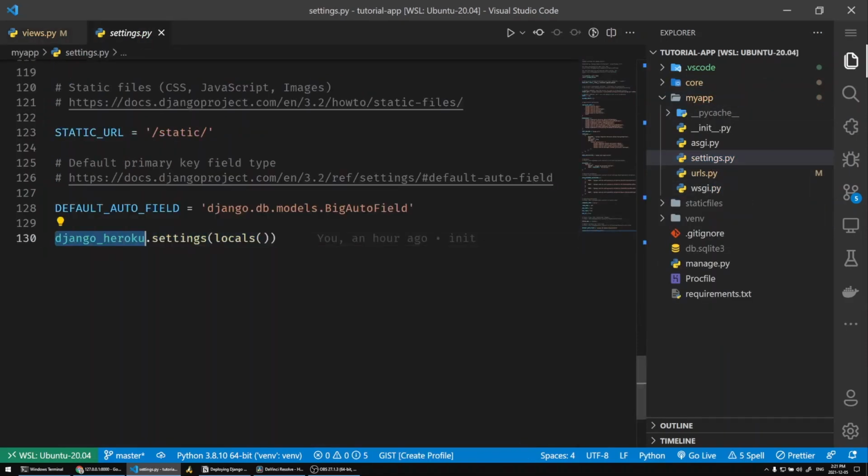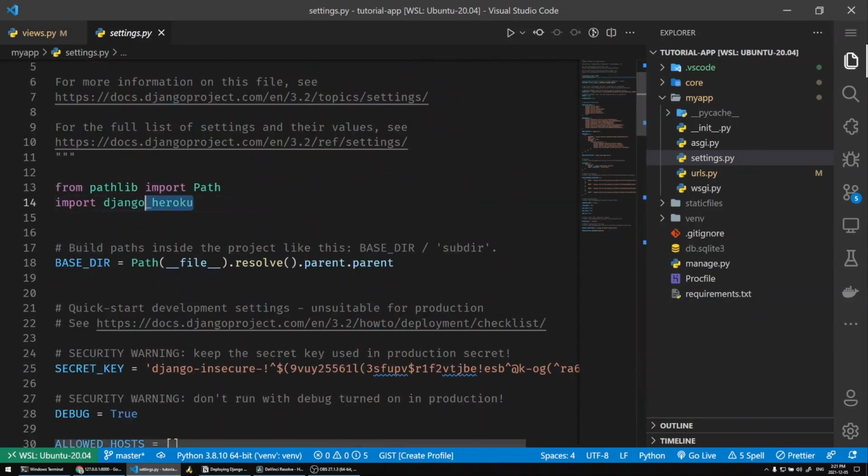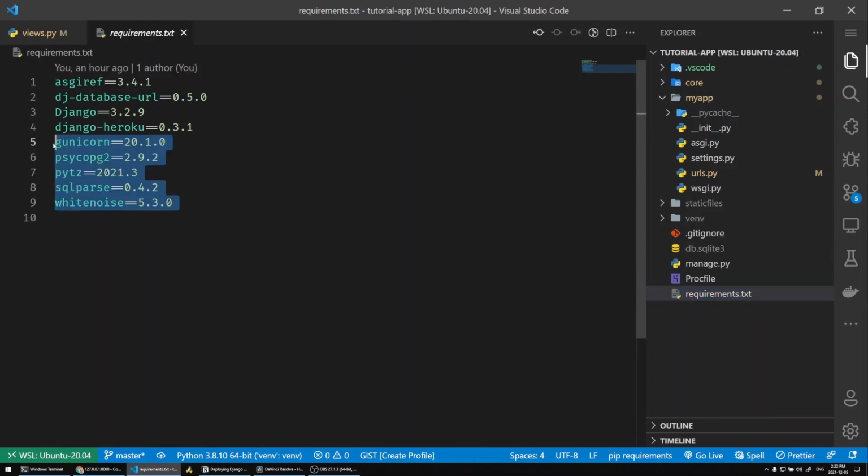Okay, I added this line which imports django_heroku, which is imported up here and installed using pip. You can just type pip install django-heroku. It's highly recommended that you use virtual environments so you don't mess up your global files. If you check my requirements file, as you can see, I've got django-heroku and Django,